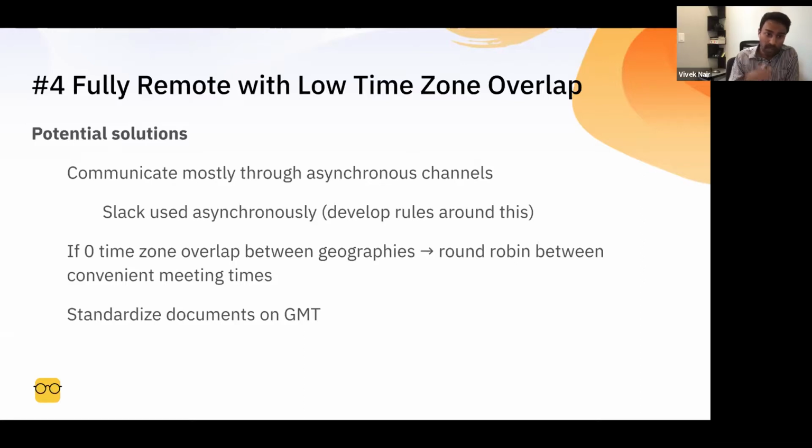And on top of that, in addition to communicating more asynchronously using task management systems like Jira and Asana, or using Slack asynchronously, one thing that we recommend, to combat the frustration of meetings being held only with respect to the one time zone that's friendliest for the majority of people on the team, is to round robin between convenient times, given that there's 0 time zone overlap between geographies.